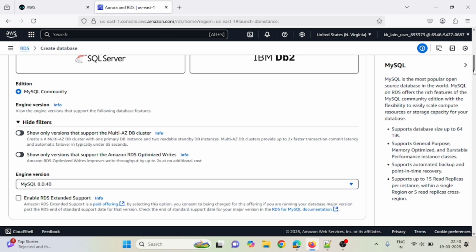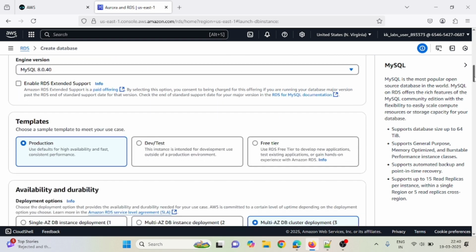Okay, scroll down, and I want to go with the free tier. In real time we can create a production template, but for our demo we can use the free tier. Click on free tier,